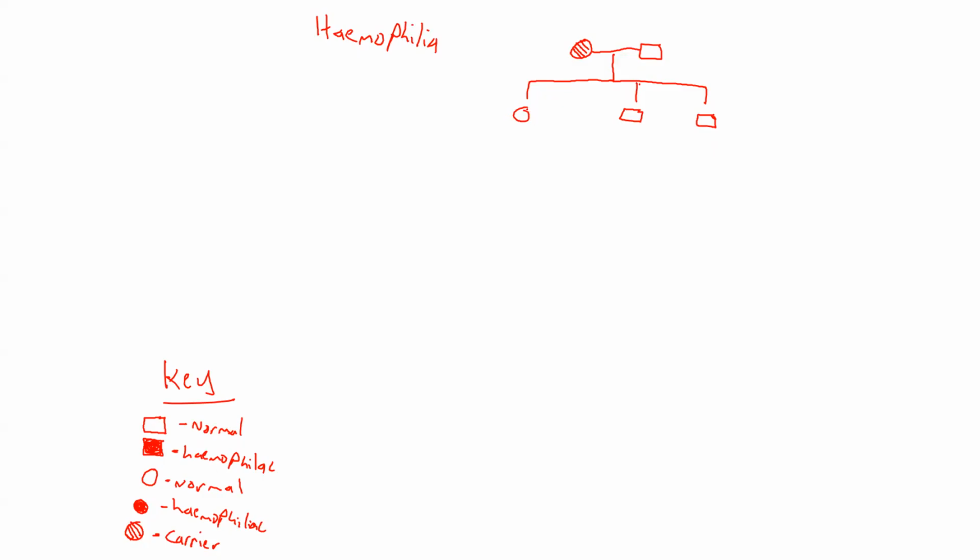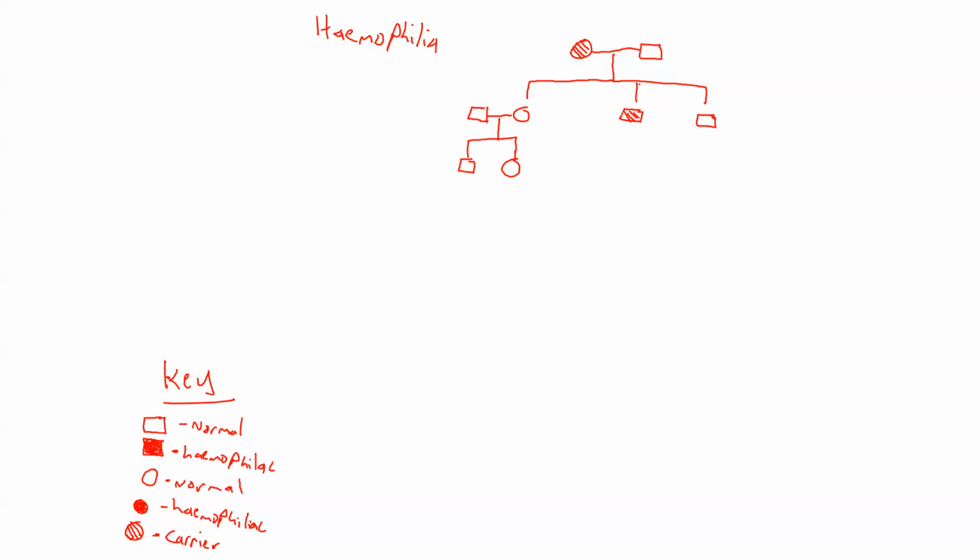So the girl here, who is not a hemophiliac, is going to have a child with a male who is not a hemophiliac, right? And they have 2 children, and both their children are normal. All is well. On the other side here, we can have this male, and let's say this male is a